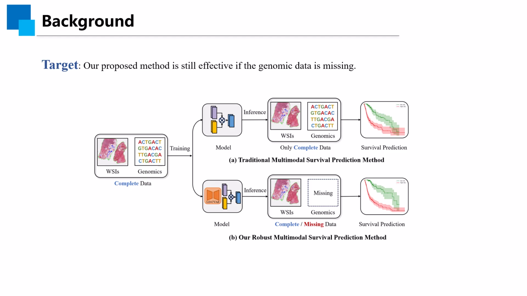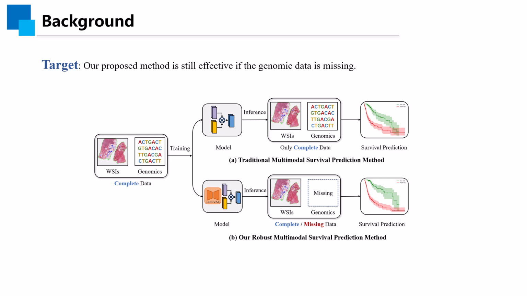Once the model encounters a patient with missing genomic data, it essentially fails to make a prediction. This severely limits the potential benefit of multimodal learning. In contrast, our goal is to design a robust multimodal framework that can handle this issue directly. Our model is trained using complete multimodal data when available, but remains functional even if the genomic modality is missing